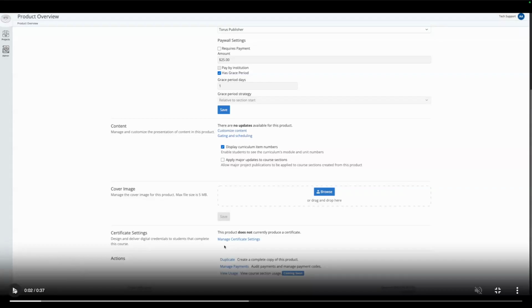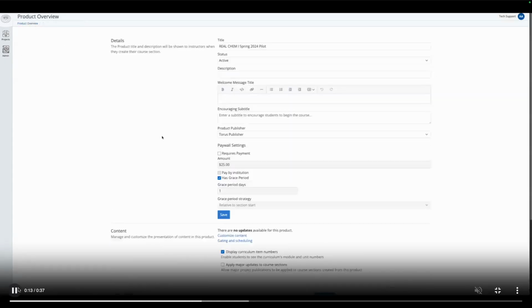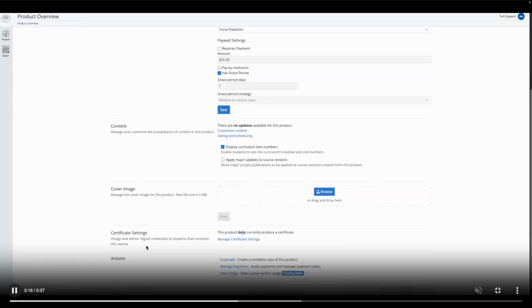piece right here at the bottom, which has the information about this product. It says this product does not currently produce a certificate, and a manage certificate settings link. And when you click that link, it will send you to a new page, which is the certificate settings. Right now, it's just a checkbox which allows the author or the instructor to enable or disable the certificate capabilities for the product. So if you go back, now it says this product does currently produce a certificate,